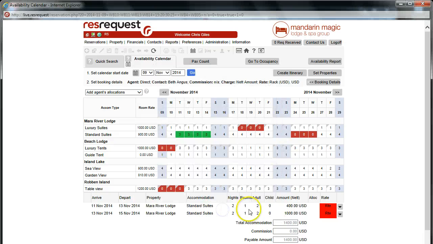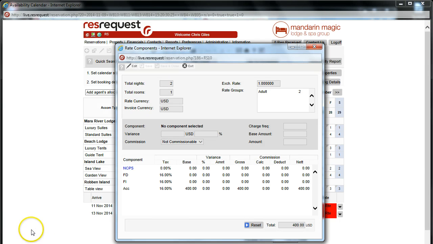We can also override a component. Let's have a look how that happens. Go down to an itinerary line, click on the drop down and click on components. Components could be a wide variety of items making up a charge to a client. Typically, accommodation would always be there, and in this case, let's have a look at overriding or amending the accommodation